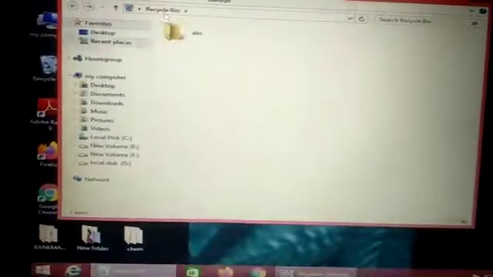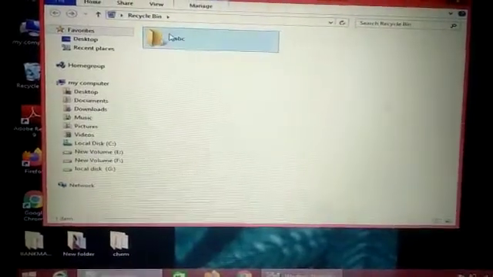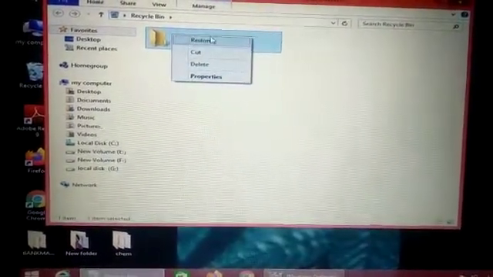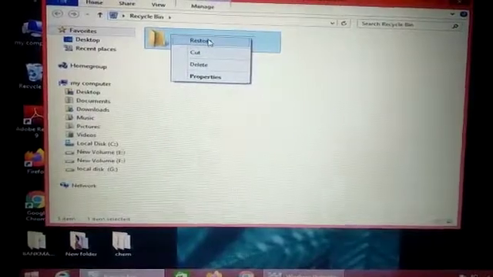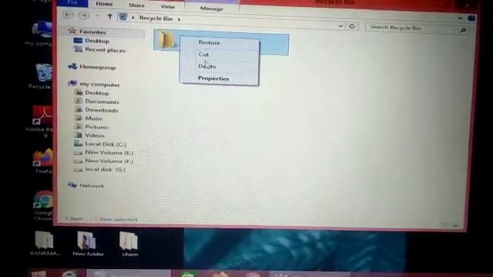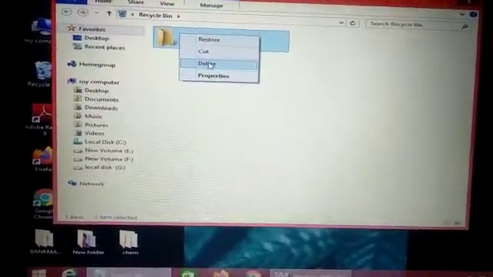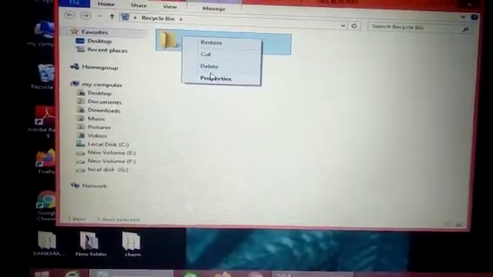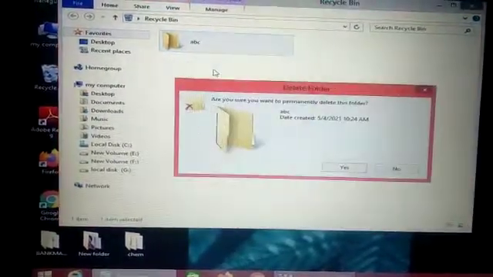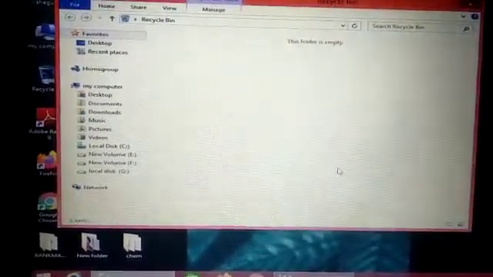Now check in recycle bin, folder is there, and you can restore also. If by mistake deleted, then you can restore also. And if you want to delete permanently, then click on delete, then folder permanently deleted, and you can't restore again.